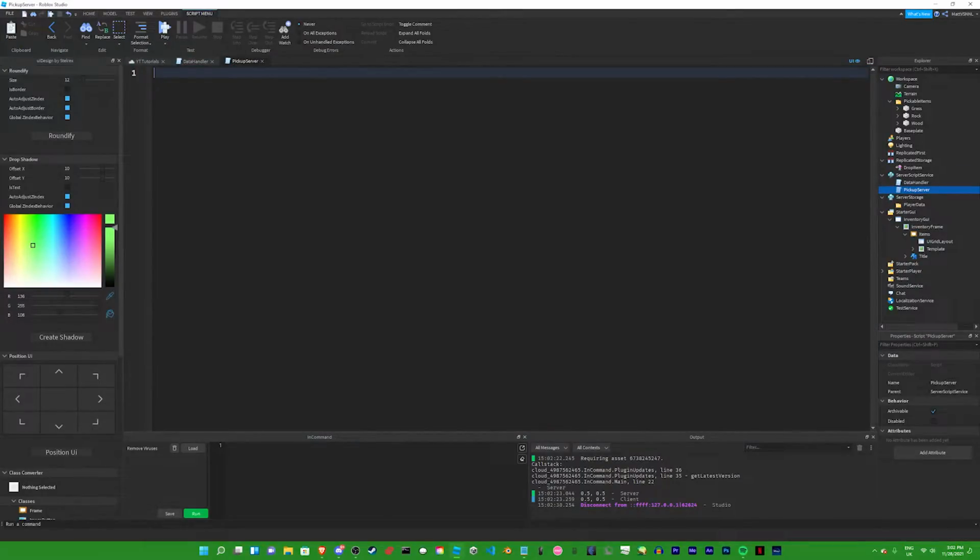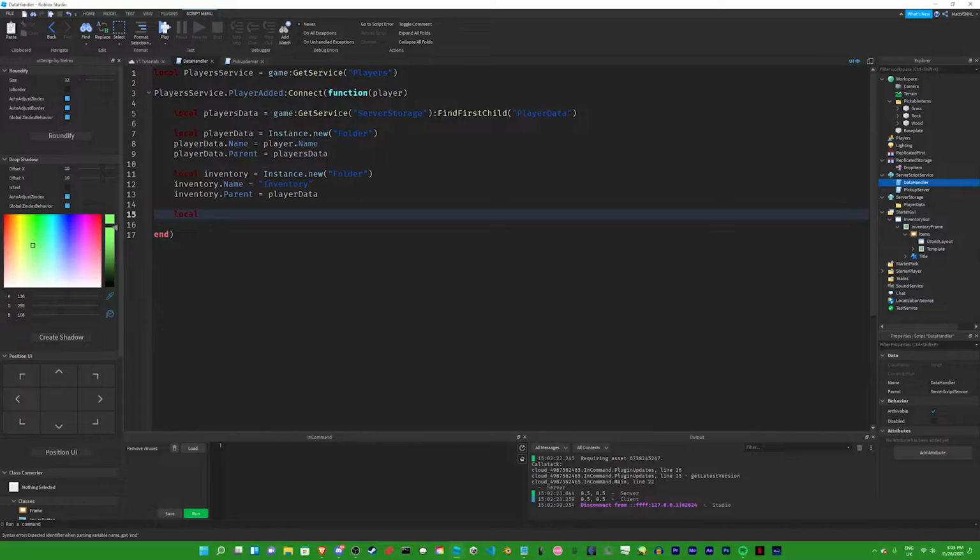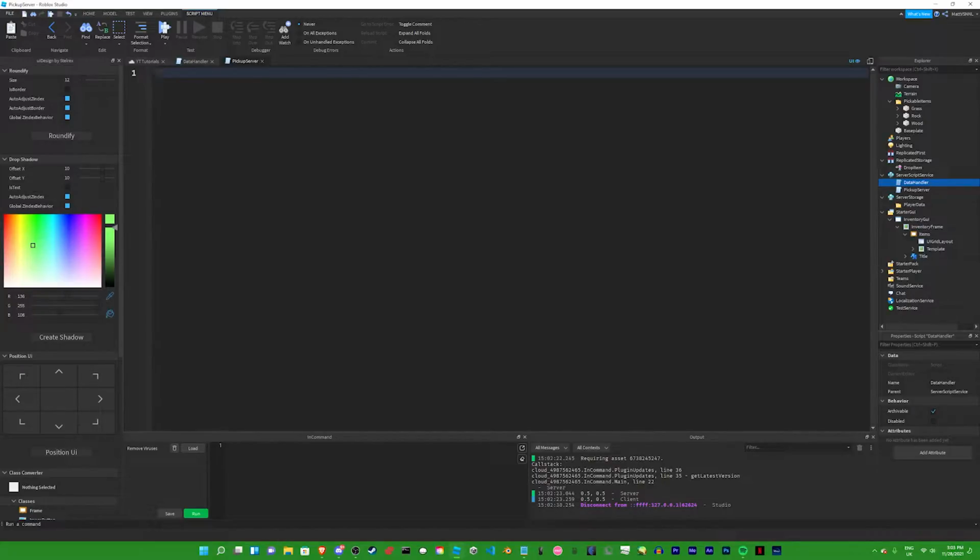And now we're gonna do a pickup server. So we're gonna do local player service. Actually, we don't need to do that. So then we also need to add something called local items equals instance new folder, and then items.name equals, well, we technically don't need this, so never mind that. So we'll just do local pickable items equals workspace pickable items, and then we'll do for i, item in pairs pickable items get children do